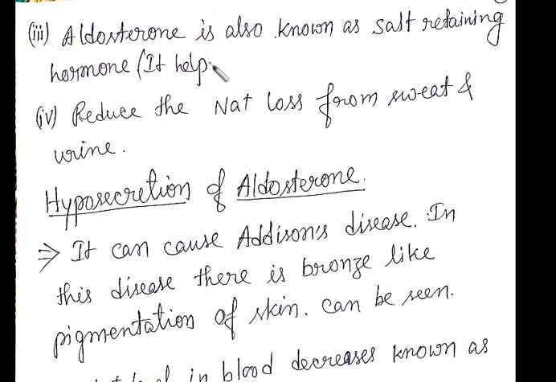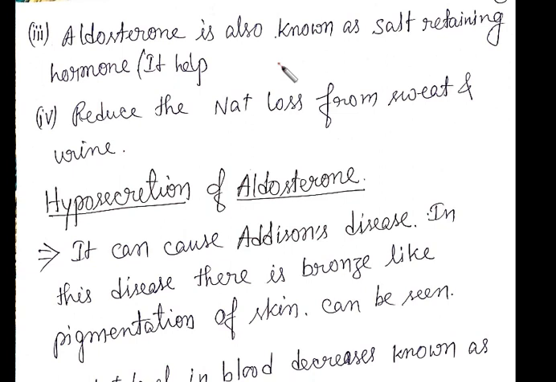Okay, so that is the third function. The aldosterone is also known as salt retaining hormone. Why? See, the RAS also we have discussed in the excretion, that whenever there is a profuse sweating or blood loss, then what is happening? The juxtaglomerular apparatus which is present on the efferent arterioles will release the renin, and renin will go and activate the angiotensin, and finally it is going to activate the adrenal cortex zone, and we get aldosterone.